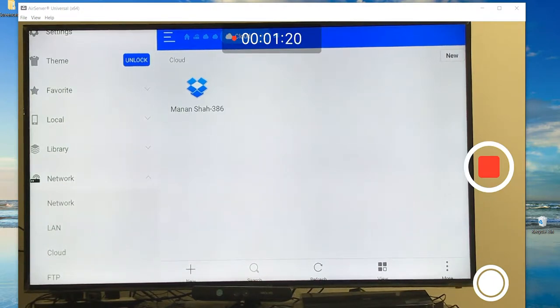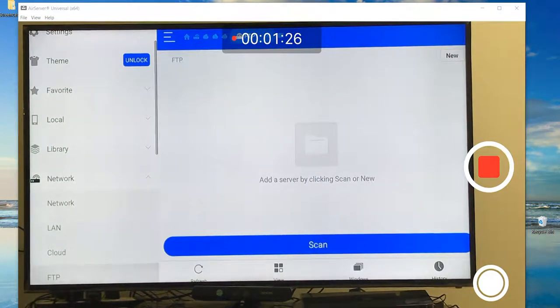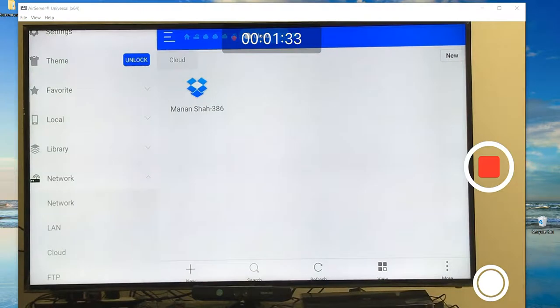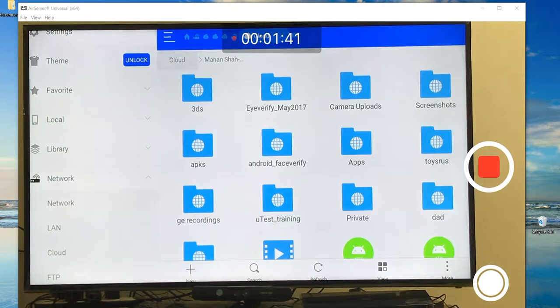Okay, I'm just having a hard time trying to select the Dropbox because I'm actually using the Android Fire TV app. Just want to make sure that I'm actually in the right place. Right there. Okay, so as you can see, I can actually open up the cloud drive itself,